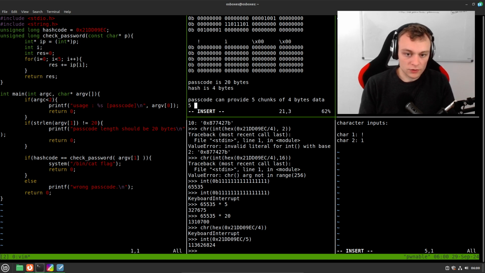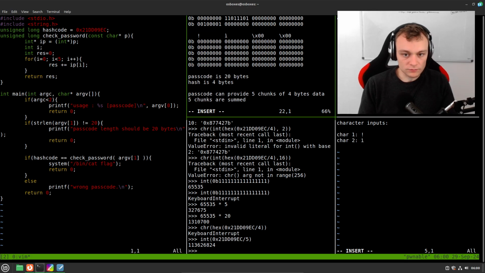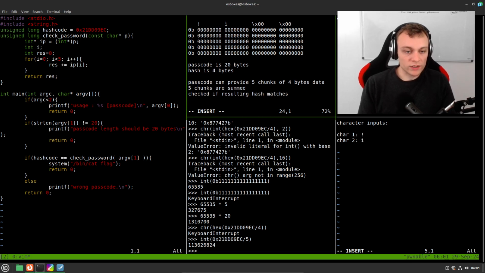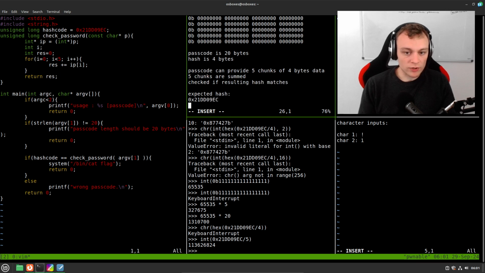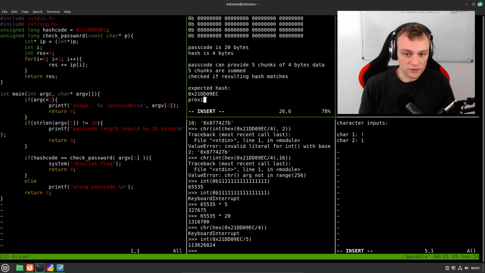Five chunks are summed, checked if the resulting hash matches. So we can do the expected hash is 21DD09EC. So how about we provide,